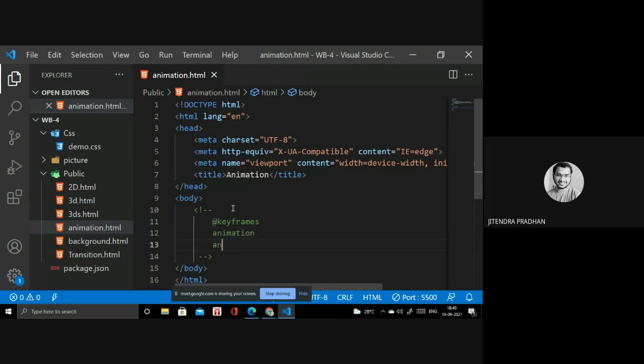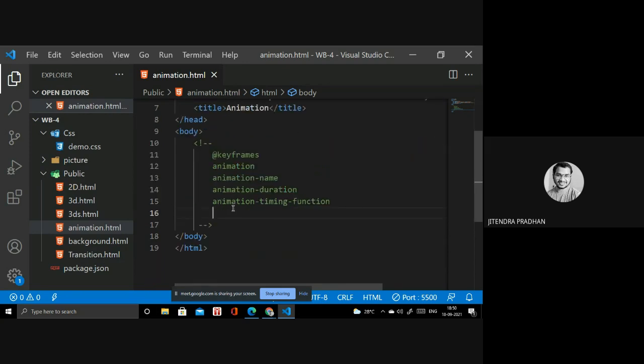Next is animation name. Fourth is animation duration. Next is animation timing function.